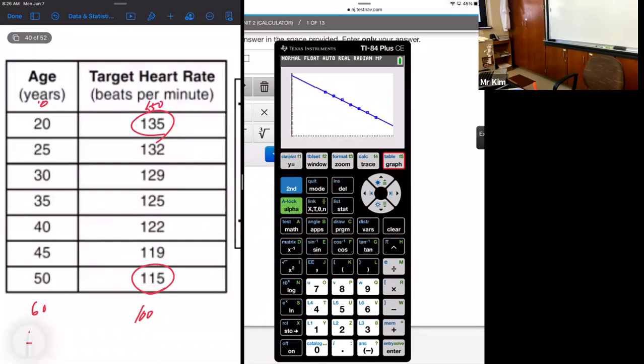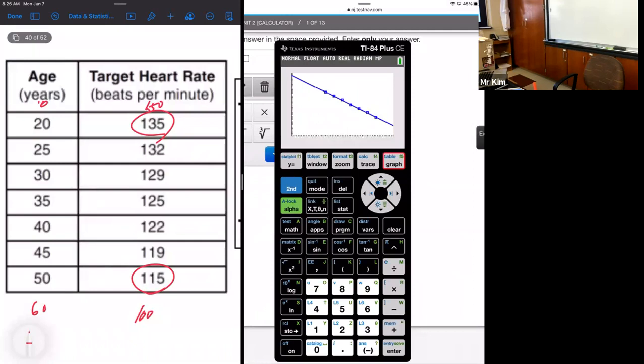So now what we want to do is draw a line that goes through the points, the best line fit. What is that? Go to calc. Go to number 4, which is linear regression. Press enter. This one, this two, they're all perfect. The only thing I'm going to ask you to do is scroll down 3 more times. 1, 2, 3. There you go.